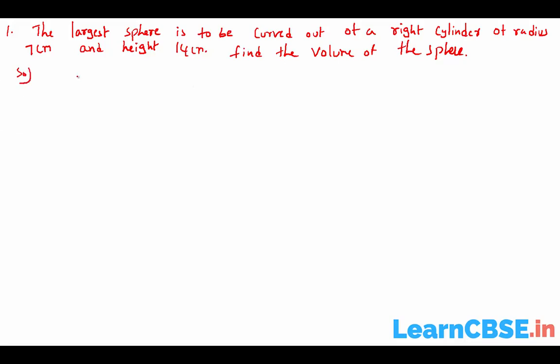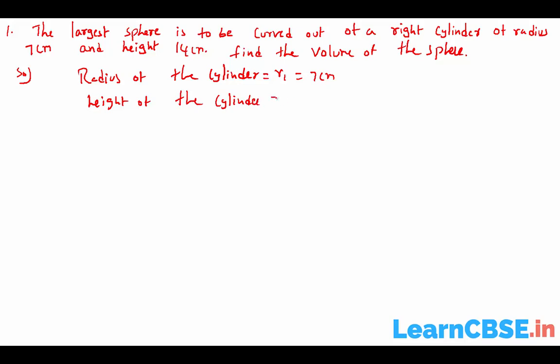Now the radius of the cylinder R1 equals 7 centimeters. Height of the cylinder H equals 14 centimeters. So largest sphere means, we have to get the largest sphere, means radius of the sphere